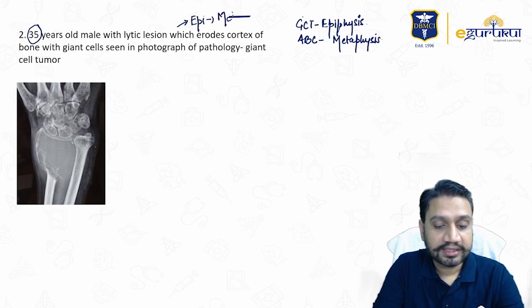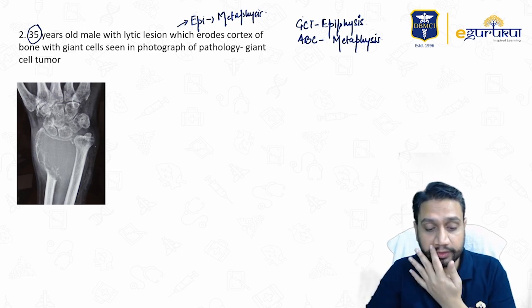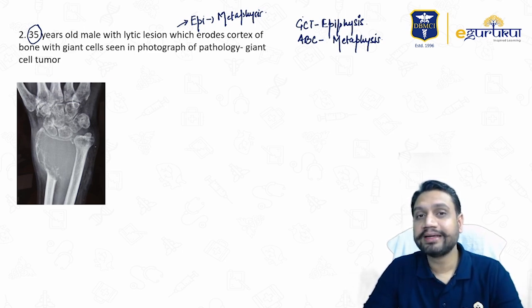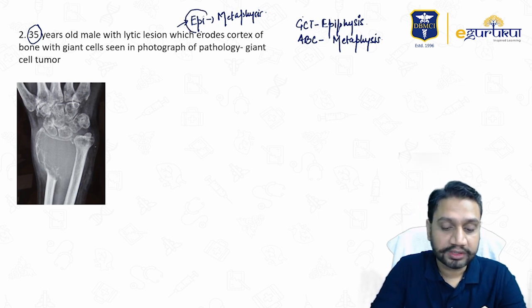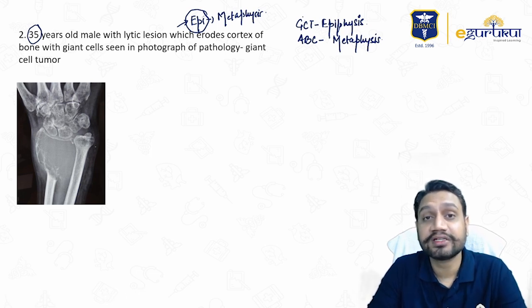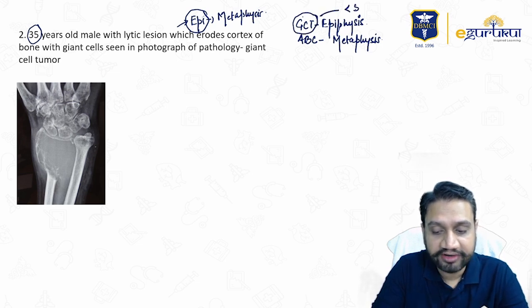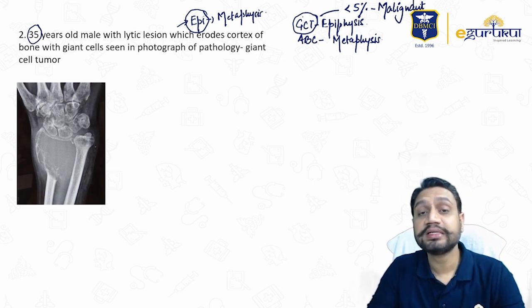So extending means it is now what kind of lesion? It is not a benign lesion. It is going into an aggressive nature. Okay, so when you talk of a lesion going from benign to malignant category, we know that the epiphyseal tumors, both the giant cell tumor and the chondroblastoma, what kind of nature do they have? They have a benign aggressive nature. They're not simply benign, they're benign aggressive. But in giant cell tumor, only in 5 to 10% of cases, you can say less than 5% of cases, it turns into malignancy. So malignant transformation for giant cell tumor is less than 5%.